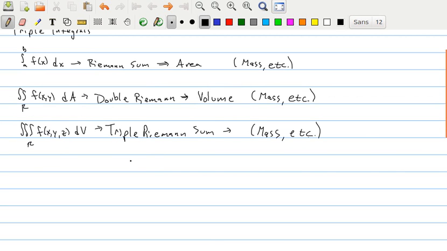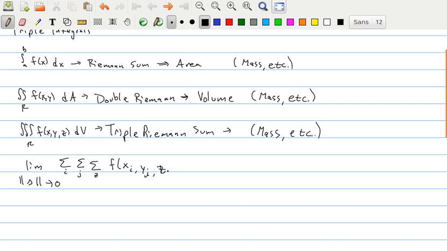Now this triple Riemann sum, the definition, we're just going to write this out informally. The definition is we're taking the limit as the size of the partition heads to 0. And now we're summing up the volumes, well not volumes, the hypervolumes of a bunch of boxes. The boxes run in the x direction, they run in the y direction, they run in the z direction. For each box, we're going to take its sort of fourth dimensional height. So we pick a sample point,